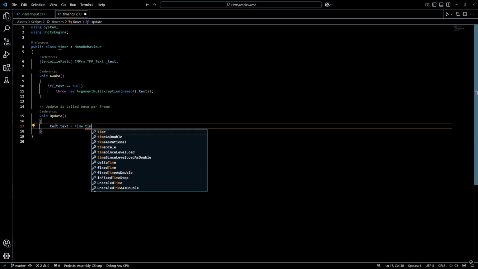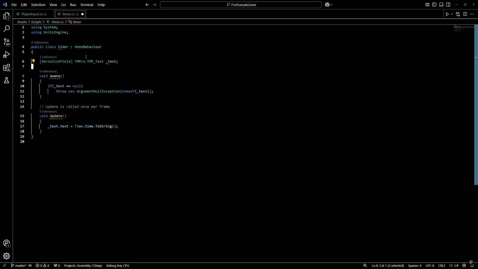Let's pause now. There is a new concept here. SerializeField is a C# attribute that is Unity specific. Attributes tell that some variable has special uses. In this case, SerializeField tells that the variable can be visible in the Unity inspector. The middle part, TMPro TMP_Text, specifies the type of the variable. In this case, it's an object from the TMPro namespace of type TMP_Text, TMP standing for TextMesh Pro. This type is the same as the component we saw in the Unity inspector recently. The last part is just the name of the variable. My convention is to have an underscore and then a small first letter.